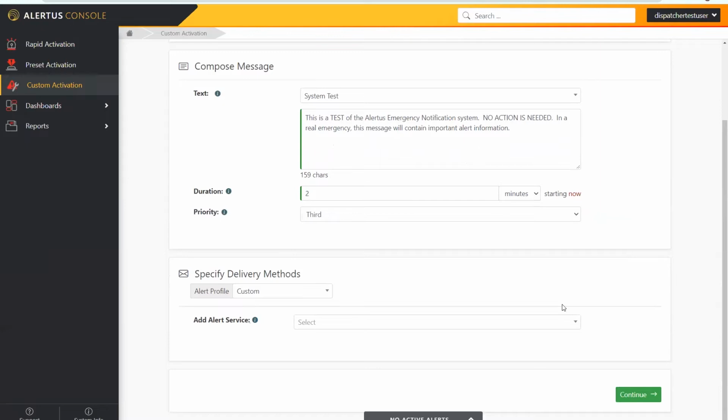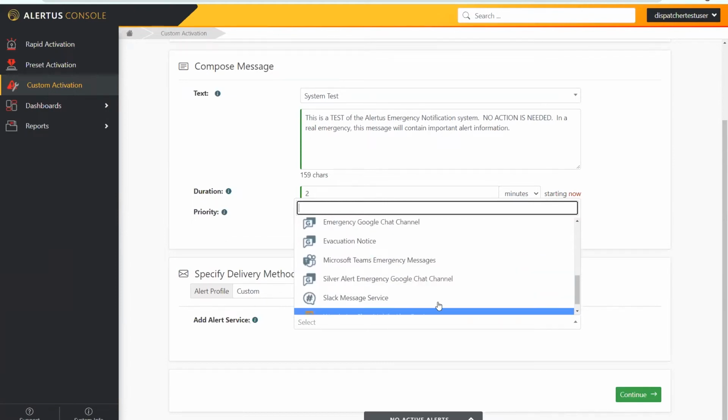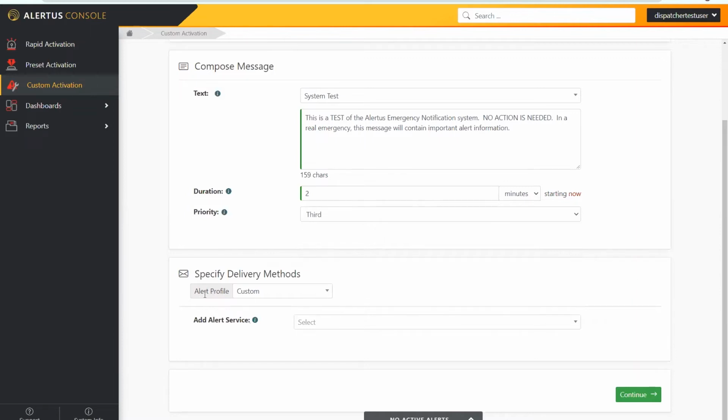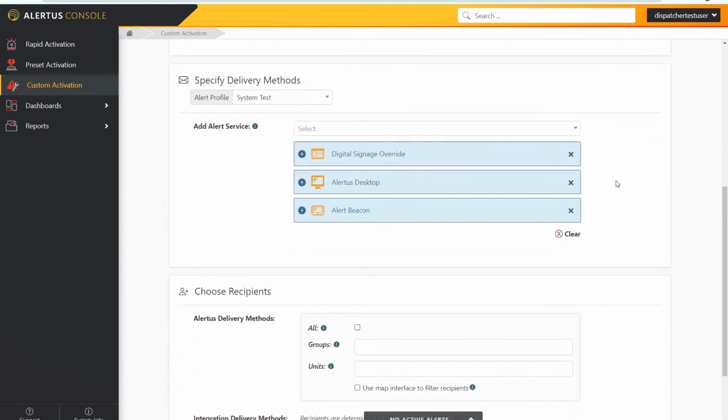Next, I will specify my delivery methods. Remember that delivery method is how this message will be packaged and sent. From the Add Alert Service dropdown, I can select individual alert services if I need to. Depending on your organization, you may see a long or short list. Or I can select from predefined groupings of alert services by choosing an alert profile here from this drop-down menu. I'm going to go ahead and select my system test profile, which automatically populates 3 different alert services at the